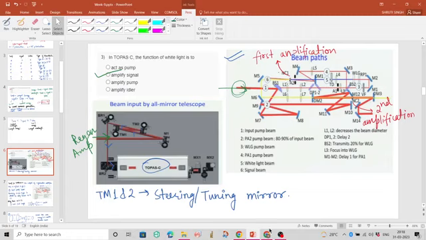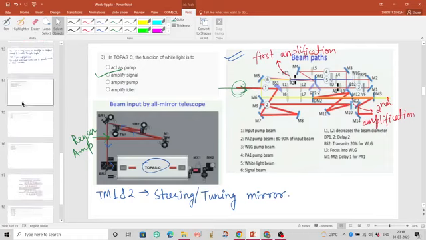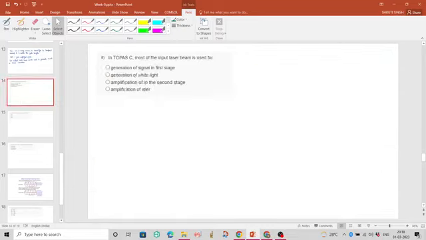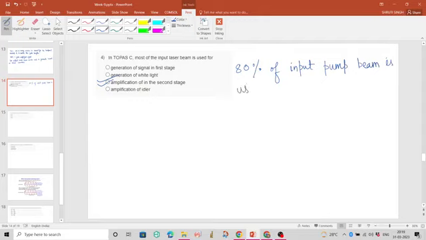Then at nonlinear crystal 2, we use this 80% light to get higher amplification. So most of the input laser beam, 80% of the input pump beam, is used for